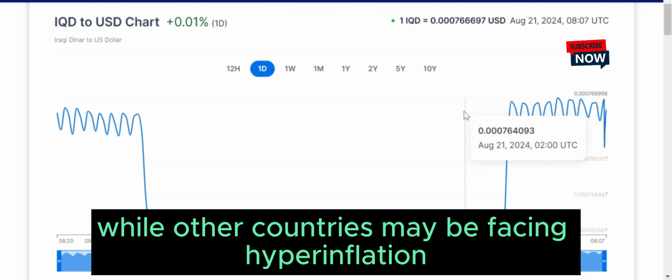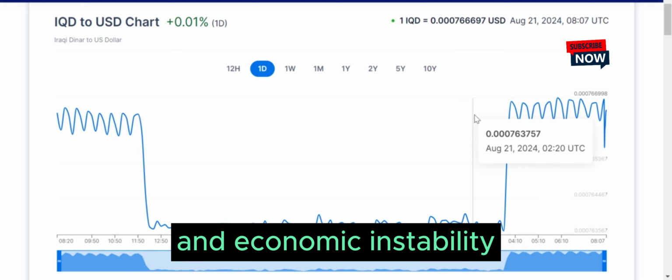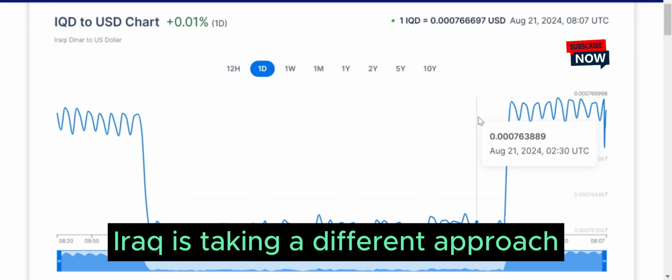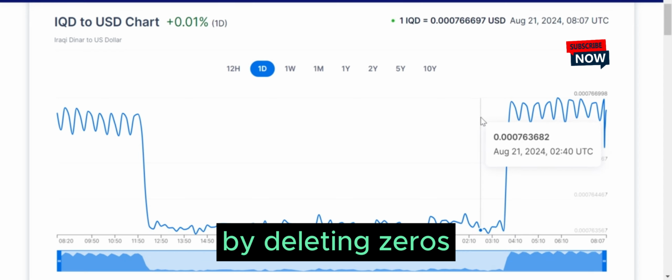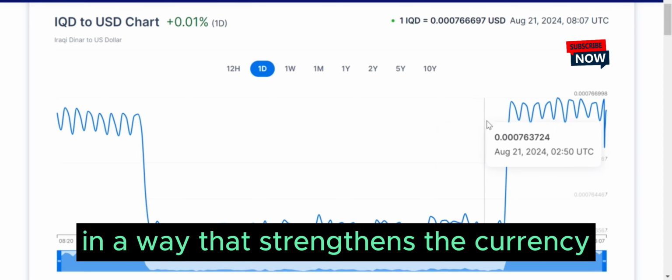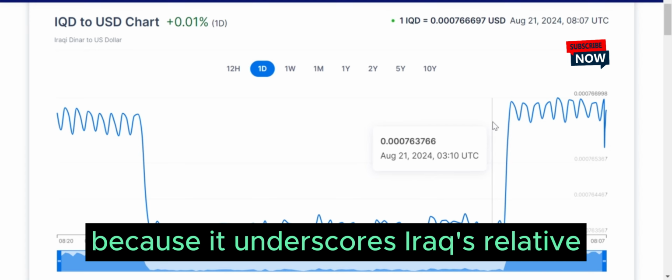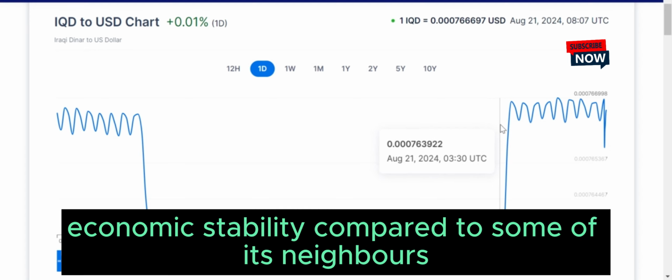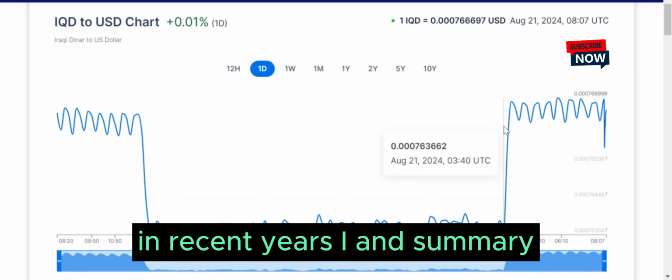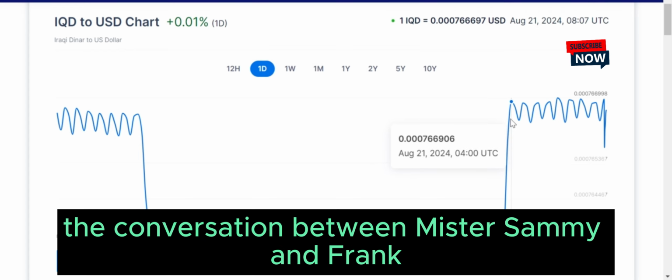While other countries may be facing hyperinflation and economic instability, Iraq is taking a different approach by deleting zeros in a way that strengthens the currency and increases purchasing power. This distinction is important because it underscores Iraq's relative economic stability compared to some of its neighbors. Even though the country has faced significant challenges in recent years,